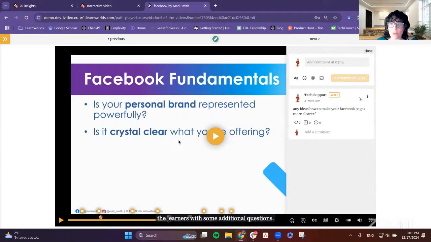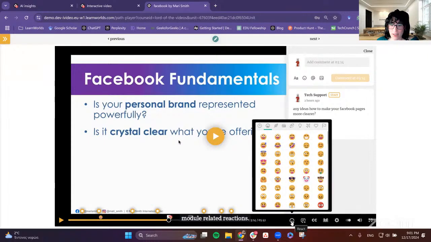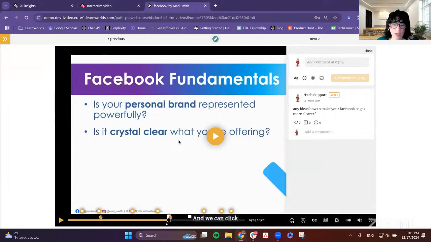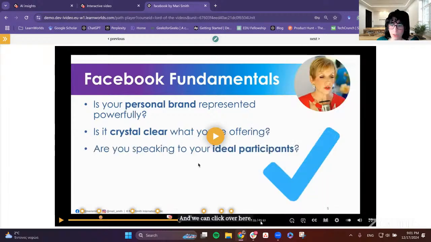We can see them over here. Of course, we have editing and deleting options, and learners also have the opportunity to add emoji reactions. We can click over here to add one at the particular point. And of course, we can show the summary also at the very end.